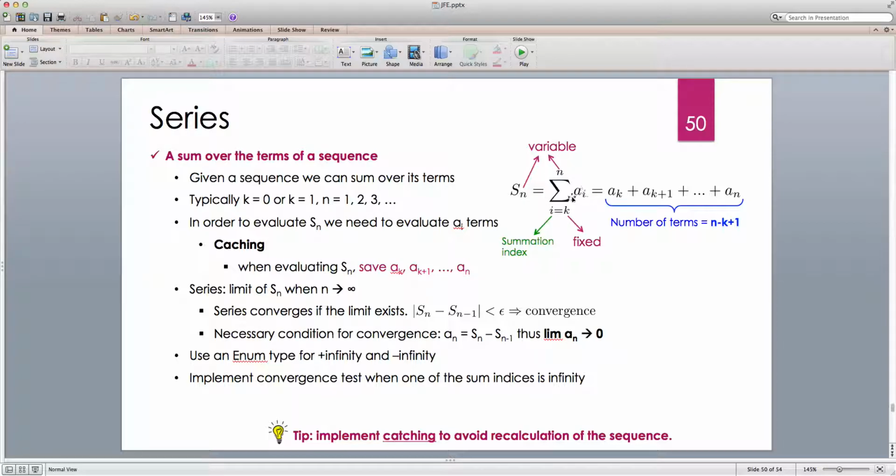So if a_i or a_n is my sequence, I can create a sum from index i equals k to n and call this S_n. With this definition, saying that my series has an index n means that I'm fixing the initial index, which is k, and just varying the final index n. So this sum basically means that S_n is equal to a_k plus a_(k+1)